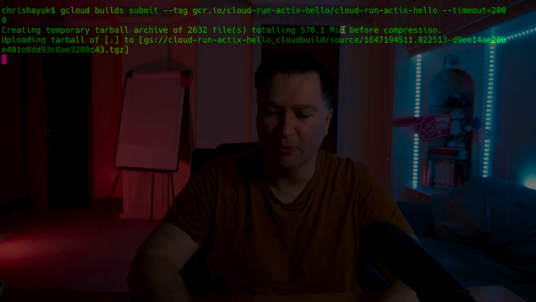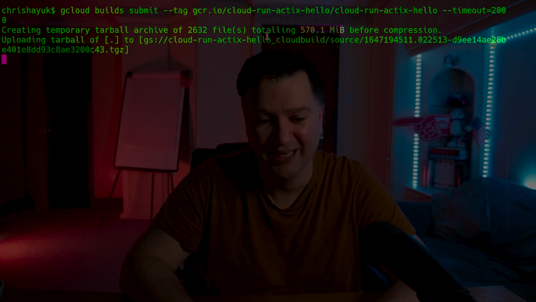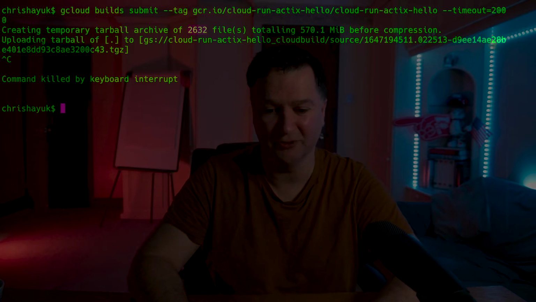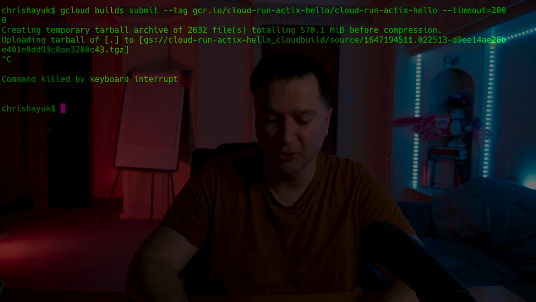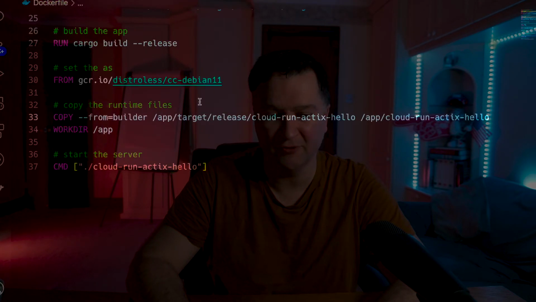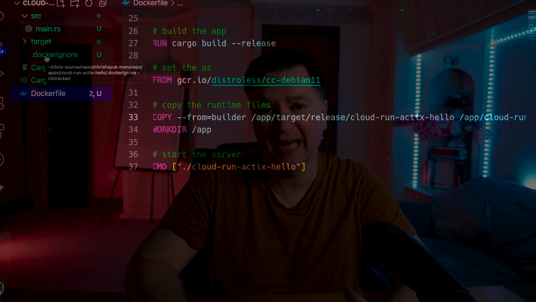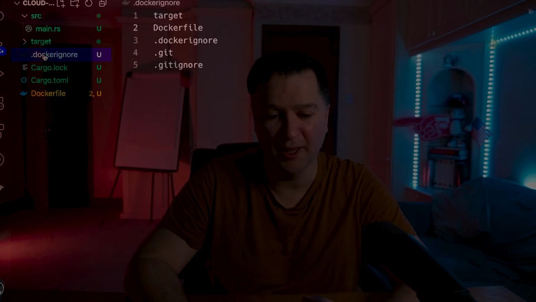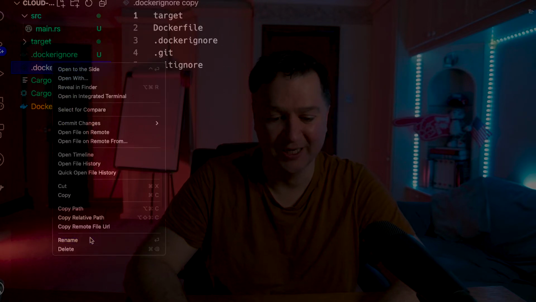But actually, that's probably quite suspicious in the first place, because I shouldn't have 570 megs worth of files, and certainly shouldn't have 2,600, 300. So what's going on here? Well, what's actually going on here is, although I've created a Docker ignore, Google doesn't use that Docker ignore. It actually uses a thing called gcloud ignore. So Docker ignore is great for when I'm running on my local machine, but I actually need a gcloud ignore